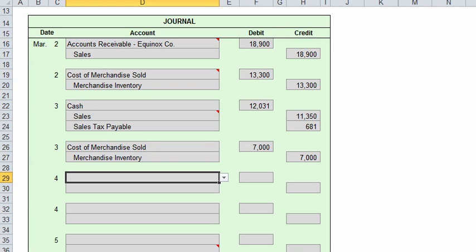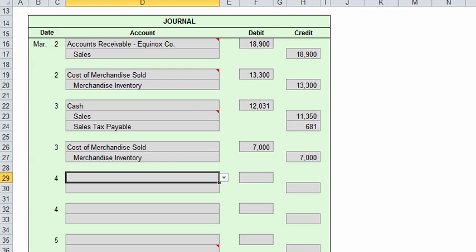Okay, on the fourth, sold merchandise on account to Empire Company, $55,400. Terms FOB shipping point, which means the buyer pays shipping charges, so we're not concerned with those. We did not offer Empire Company a discount. We just said the full amount's due at the end of the month. And you guys, there's all types of reasons why we might not have offered them a discount. Anyway, we don't really have any information to go on as to why we didn't. We just told them the full amount's due by the end of the month,